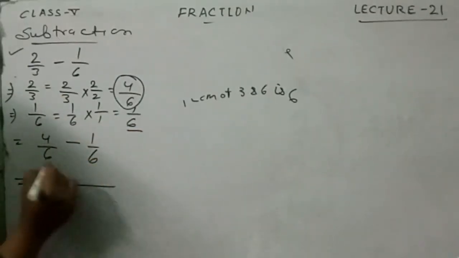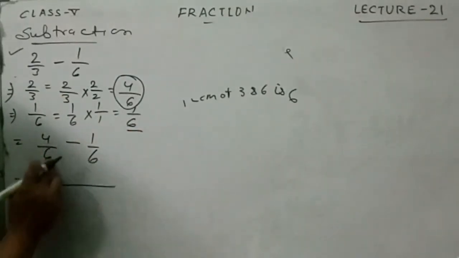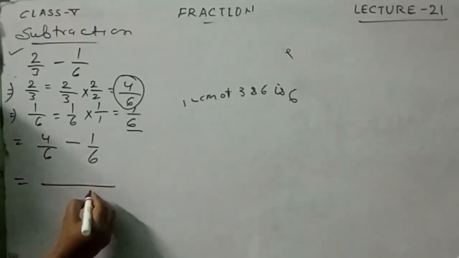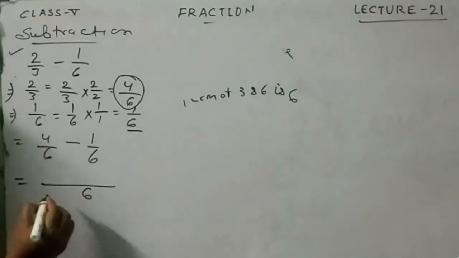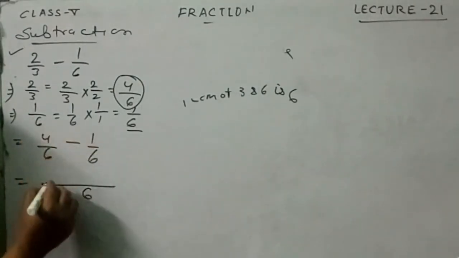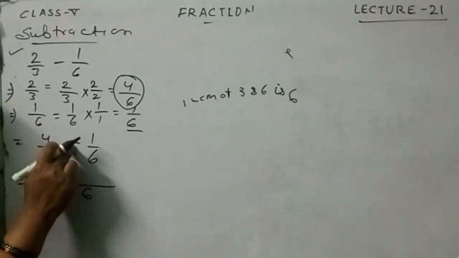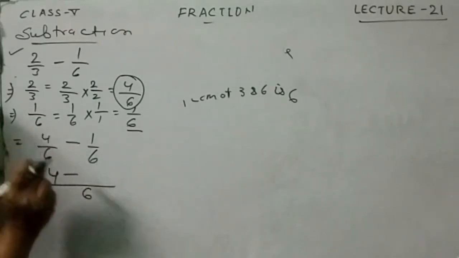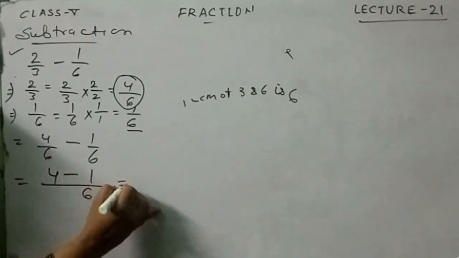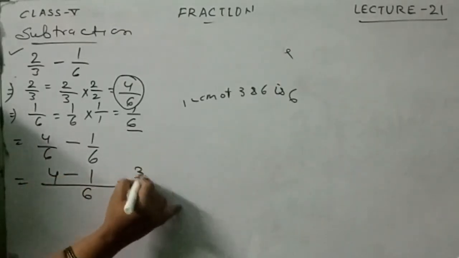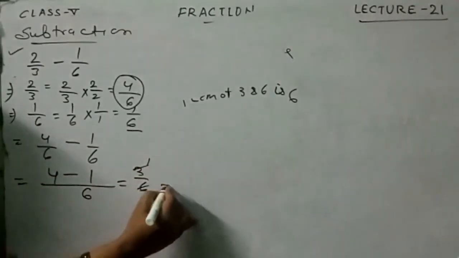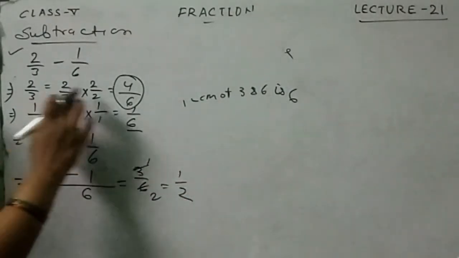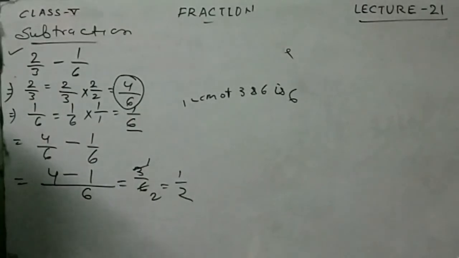Now see the denominators. Both the denominators are the same. Then, as I told you, if denominators are the same, you write the same 6 in the denominator, and what is written on the top, write as usual. If it is a minus sign, you have to put the minus. If it is a positive sign, you have to put the positive. Then 4 minus 1, 3 by 6. Reduce this number. 3 1s are 3, 3 2s are 6, so 1 by 2. That is the first process, by finding the LCM of given denominators.